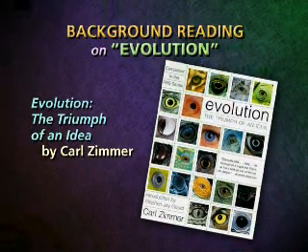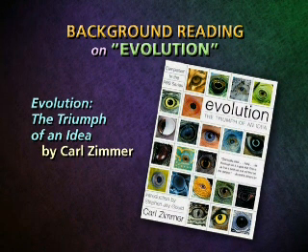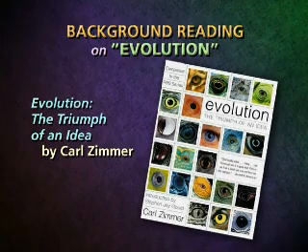It's a book titled Evolution, The Triumph of an Idea. So we can see that this is also going to be about the history of evolution and how evolution came to be the generally accepted idea of how animal and plant species came to be. This is a very different kind of book. You can see it's a much larger book in terms of the trim size of the pages. In terms of page length, it's 360 pages, so it's a little longer.